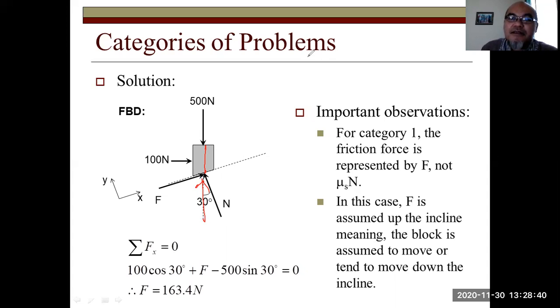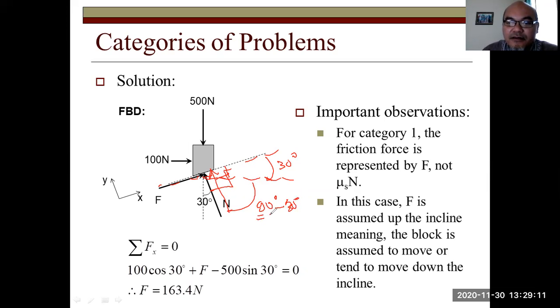Nope, but it is always this direction. Yeah? Because perpendicular to the surface, there is a surface here that the block is located on. So the normal force is always perpendicular to that surface, and the surface created the degree, because the slope here is 30 degree. The slope is 30 degree from the horizontal, and since this is 90 degree, so this is 90 degree minus 30 degree or 60 degree, and then between